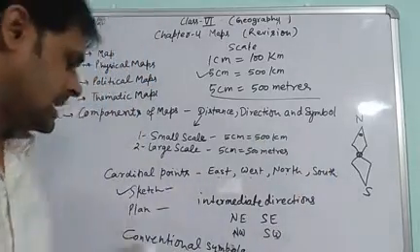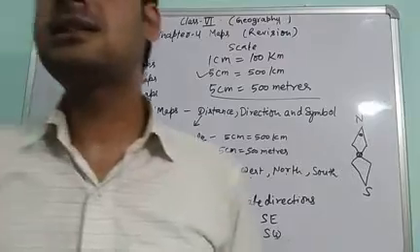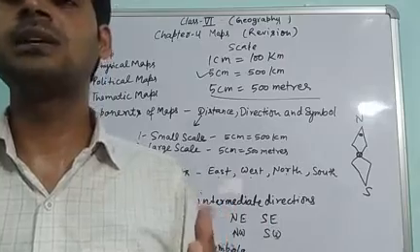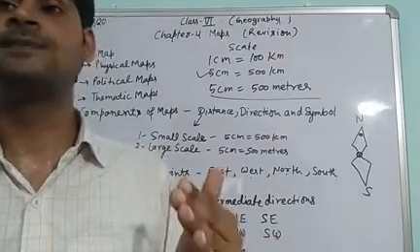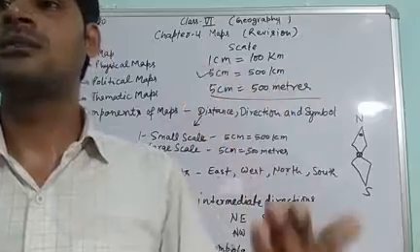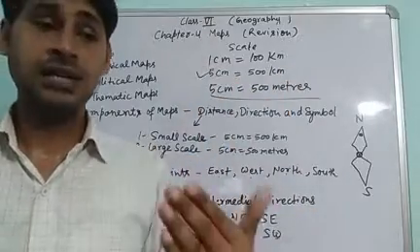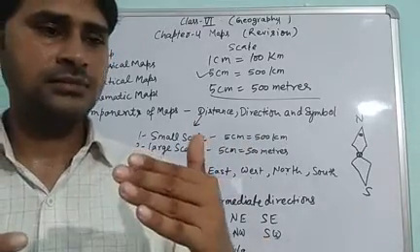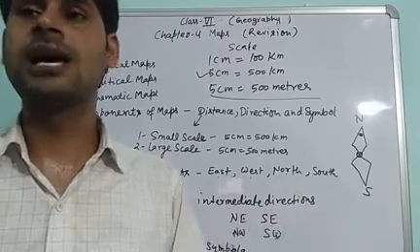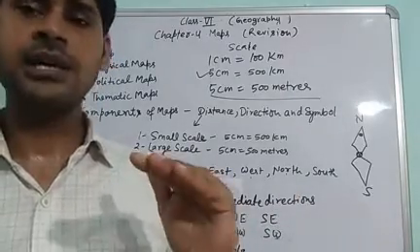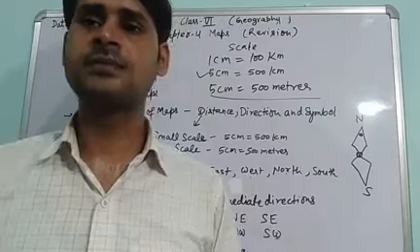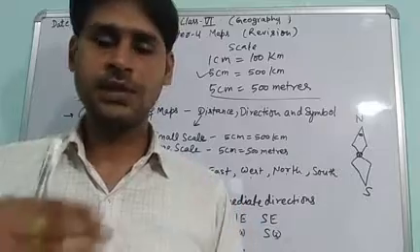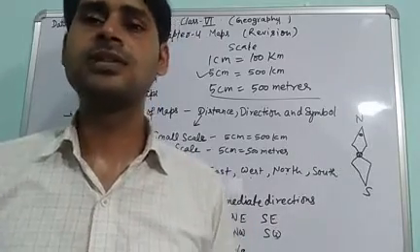Next is plan. A plan is a drawing of a small area on a large scale. A large scale map gives a lot of information, but there are certain things which we may sometimes want to know, for example, the length and breadth of a room, which is not possible to show on a map. So in that case we prefer to make a plan. When we adopt a particular scale, that is called a plan.